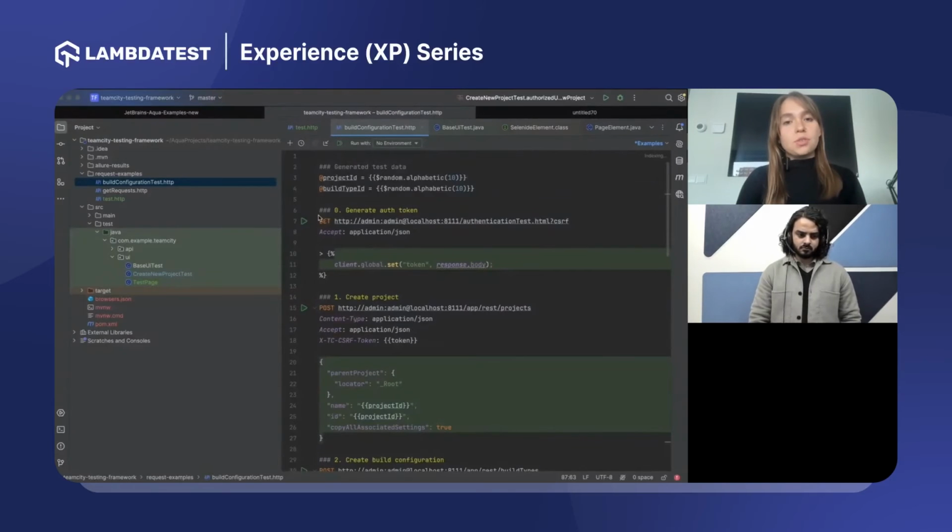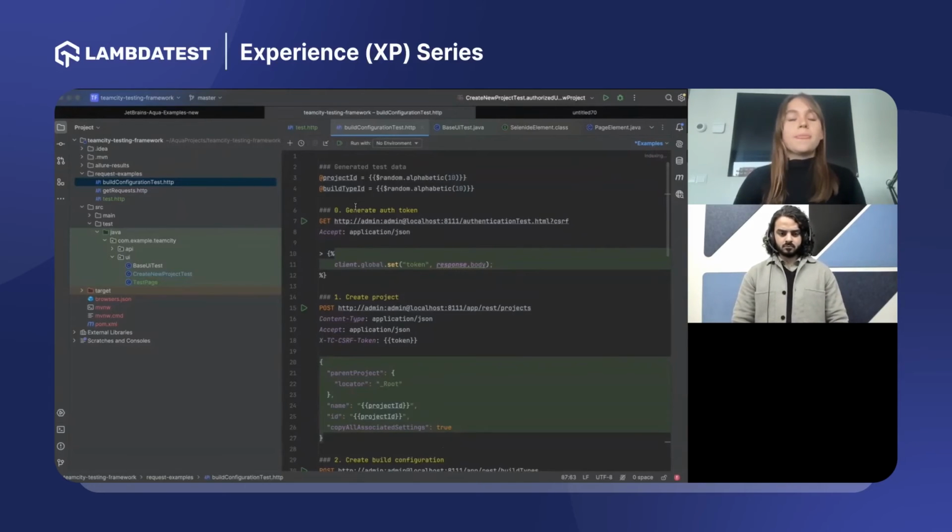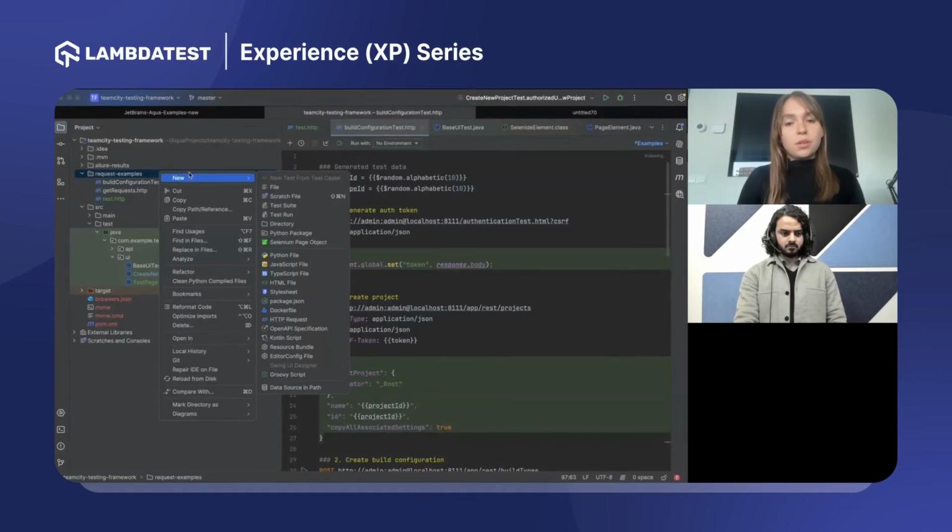I can just use a real request as a curl request here, and also inherit the whole possibilities of version control system, because I use my API tests as code, but actually it's not code. Yeah, and that's why this tool is so powerful, because if you don't have a lot of time to set up your API framework from scratch, you can just create a new file here in your folder and add all